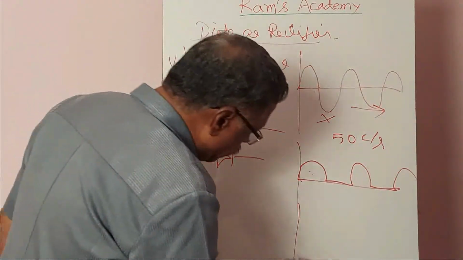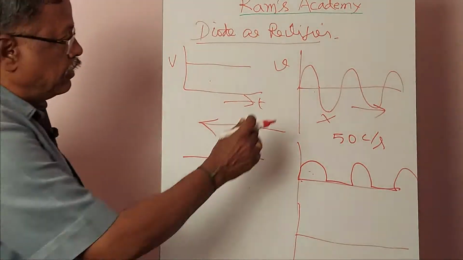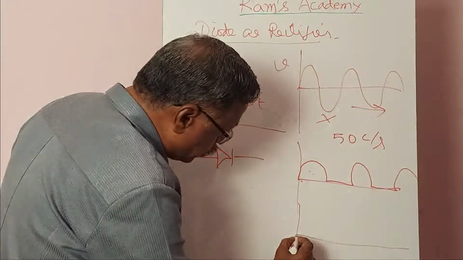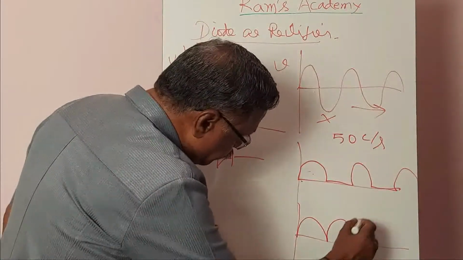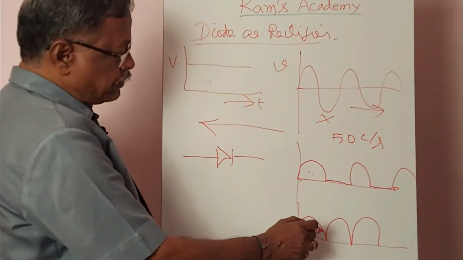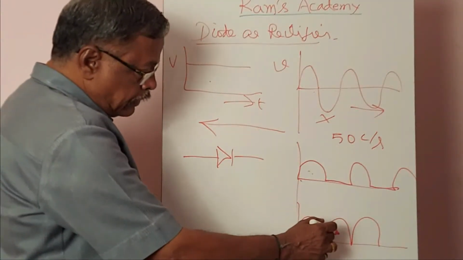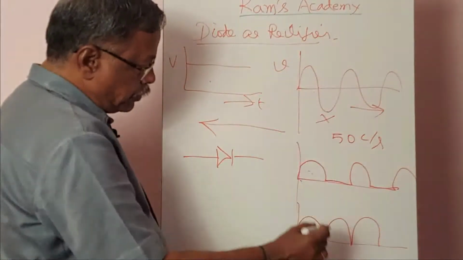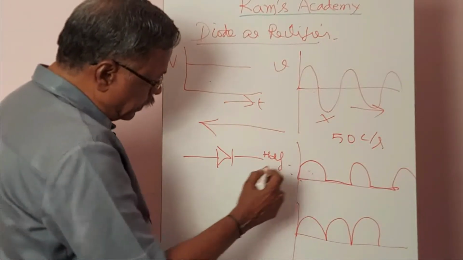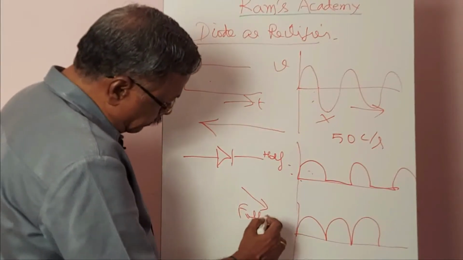For a full-wave rectifier, what we do is keep the current in the same direction, both for the positive cycle and for the negative cycle of the alternating current. Therefore, both are converted like this. This is the output for the first positive half cycle. This is the output of the full-wave rectifier for the negative half cycle of the AC input. If you convert this, that is called a half-wave rectifier. If you convert this into this, that is called a full-wave rectifier.